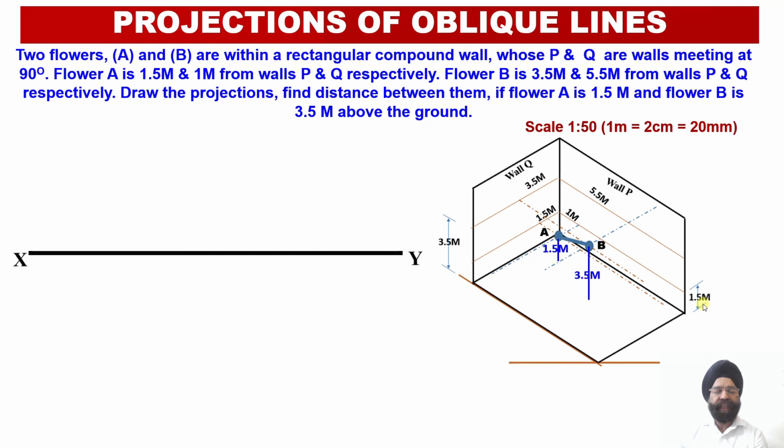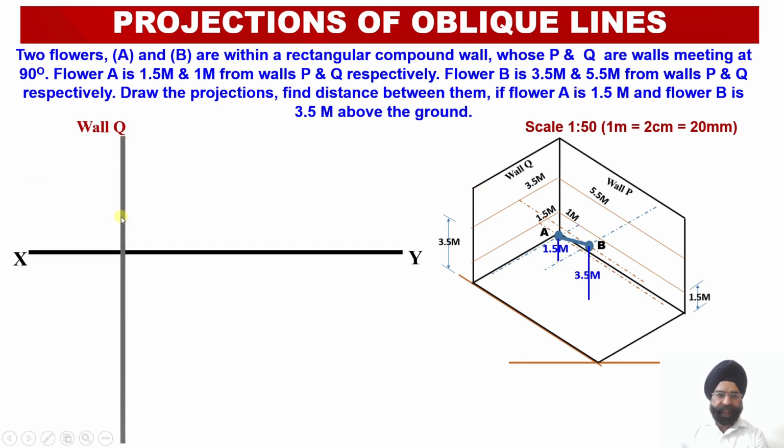So here we have got the XY reference line. Now we know that in the front view we are going to get these 2 points, that is point A and point B. Point A is lying 1 meter from this particular wall Q. As we are going to look at these two objects from the front view in this orientation, wall Q will be represented in the orthographic projections